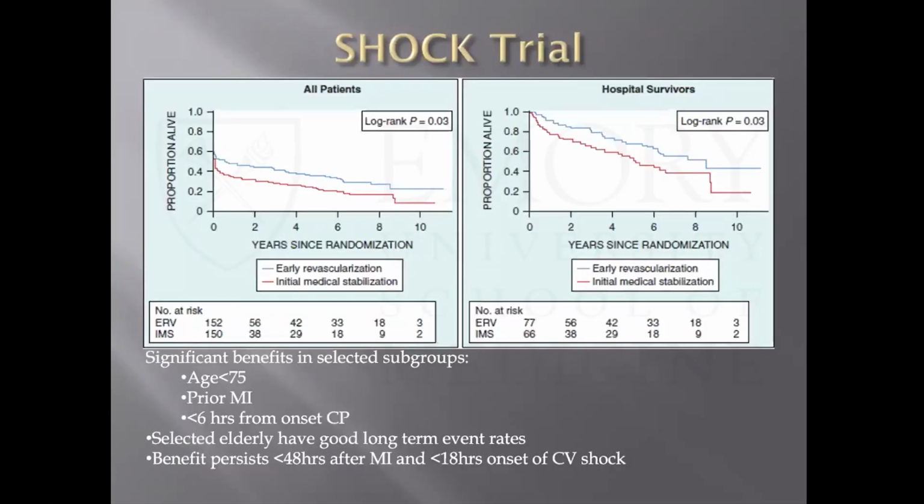Now, and we'll go into some of the adjunct devices, but here you've got the overall Kaplan-Meier curves for revascularization early on versus just medically stabilizing them. And you can see there's an early split and it's sustained with patients undergoing early revascularization doing better than patients on medical management. If you carve into the data a little further, you can see that there are some subgroups that do better. So if you have a patient who's 85, coming from an assisted living facility, may be able to participate in bingo, but otherwise isn't doing a whole lot.